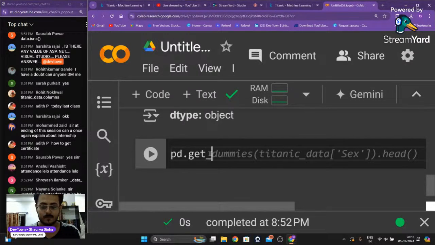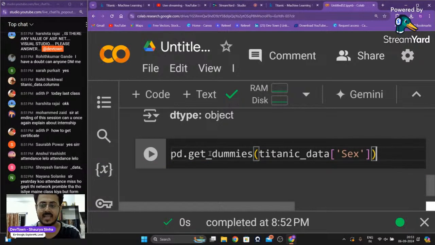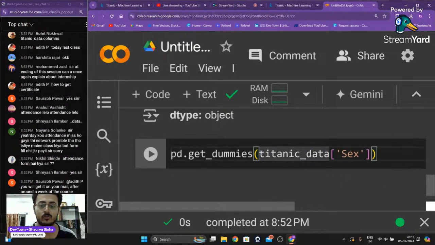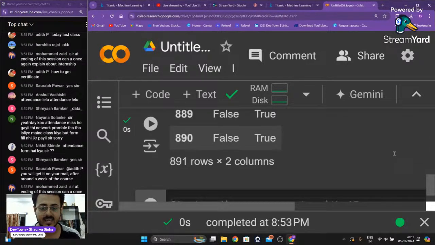pd.get_dummies. pd dot get dummies, guys. What get dummies does is that it will get a particular numeric value for the text based data that is there inside of our sex column. Inside of our sex column, what is the text based data that will be there? And once we run this,